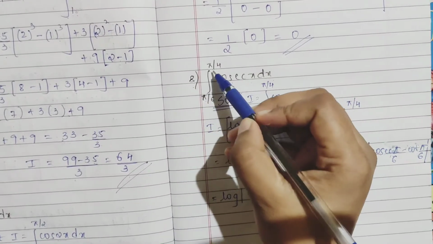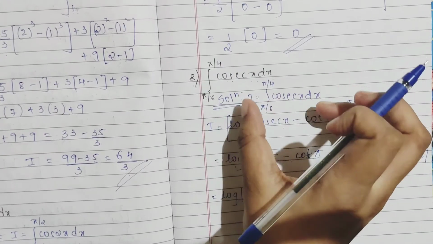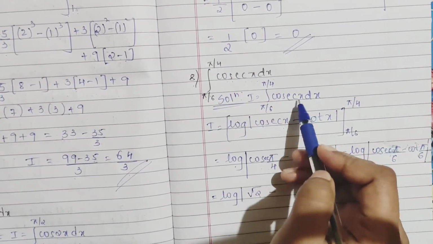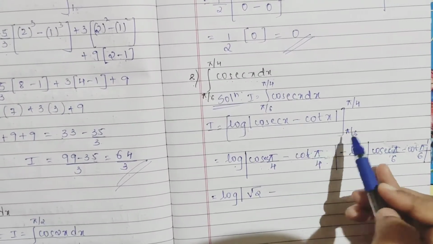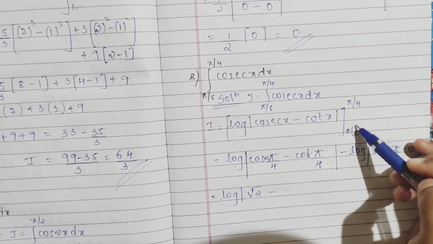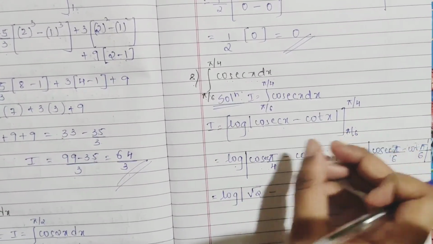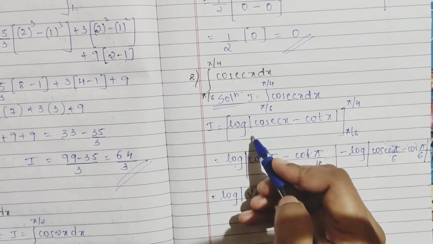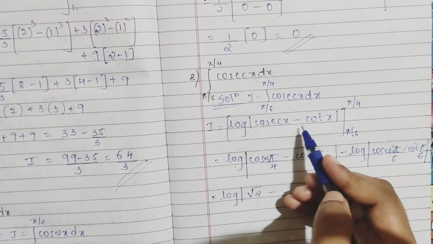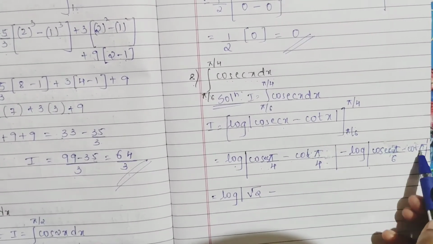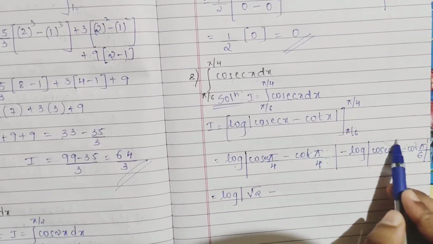Next question I have taken 8th one, integration cosec x dx from pi by 6 to pi by 4. So same, right, let I integrate your cosec x given by log modulus cosec x minus cot x, and then apply your limits, that is pi by 6, pi by 4, just write it. Now applying your limit, first this whole for your upper limit, then whole for your lower limit, right? So log modulus cosec pi by 4 minus cot pi by 4 minus again log cosec pi by 6 minus cot pi by 6. Yes, you have to see your f of b minus f of a.